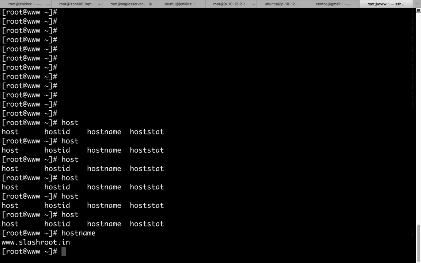Now there is actually a special meaning for this tilde symbol as well as this hash symbol. What are those meanings? I'll tell you what it means. Tilde, this symbol that you are seeing on the screen, actually indicates the home directory of a user.